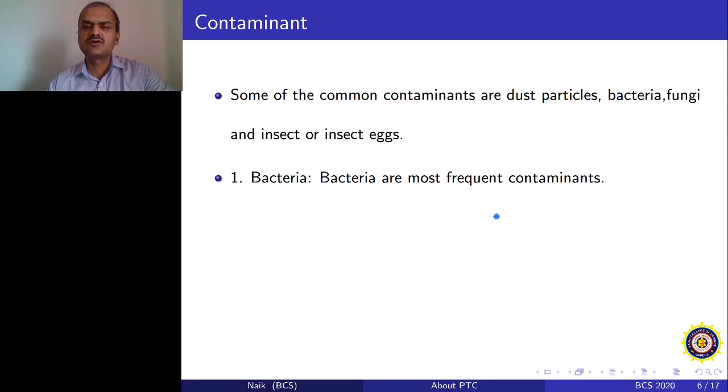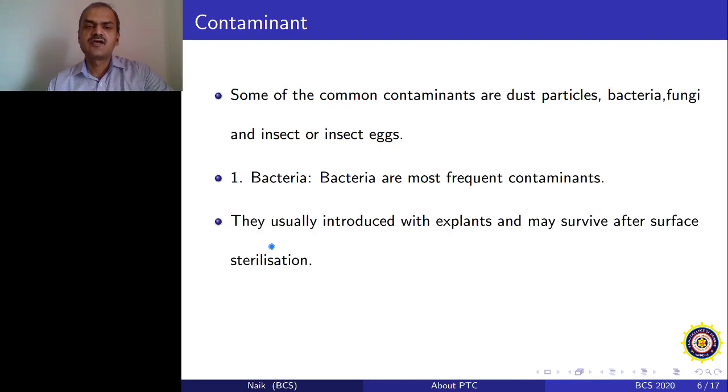Bacteria are the most common or frequently occurring contaminants which are present in tissue culture vessels after inoculations, and they usually are introduced with the explants, and they may survive after surface sterilization. So again, bacterial contamination is definitely a challenging contamination because they can come with your explant and they can survive a very long period of time in your media if at all they are endophytic. And if they are not endophytic and they are just normally growing bacteria, then they will immediately appear after you inoculate the explant. So once you have an explant associated with bacterial colonies, your explant will not grow further, and therefore that particular test tube will not be of any use.